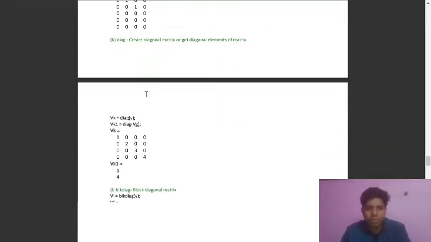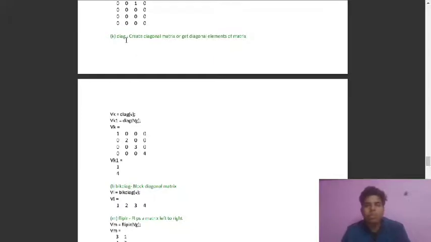So this is the K part of our question. We have to use diag, to create a diagonal matrix. You know what a diagonal matrix is: only the diagonal of the matrix has non-zero values, and all the rest of the elements of the matrix are 0.